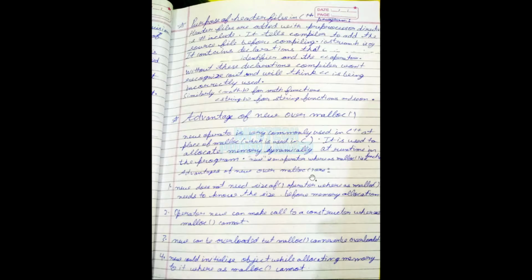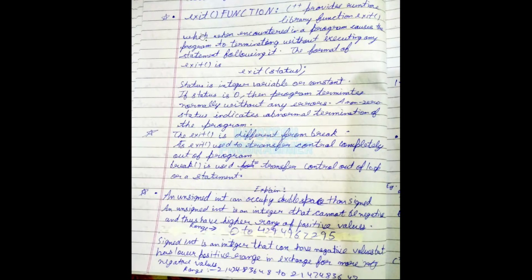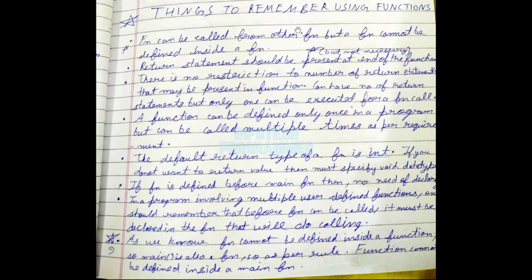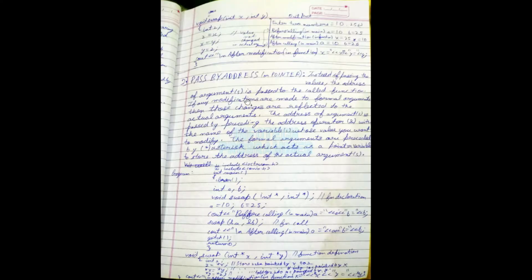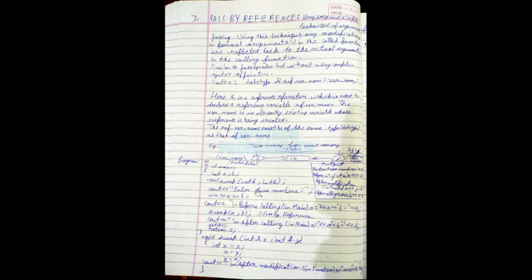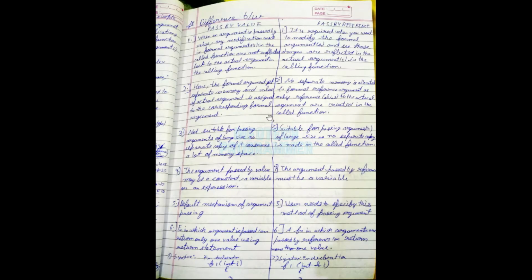So you can see it here. There is the aggregate function, things to remember in a function, and then argument passing techniques in function. Along with that, I had also shown here the programs: pass by value, pass by reference, pass by address, etc. And you can find these programs in our GitHub repository that I will show you in the end.